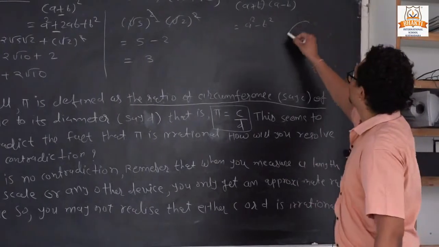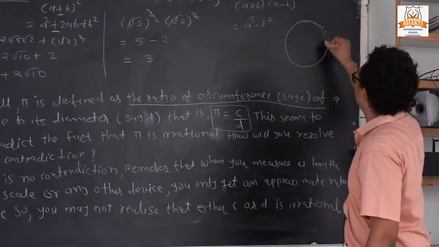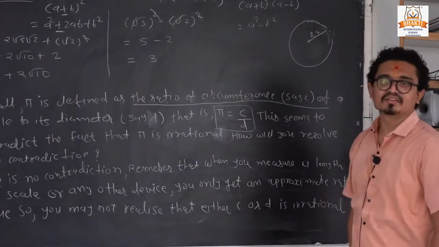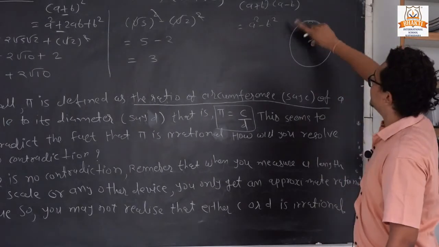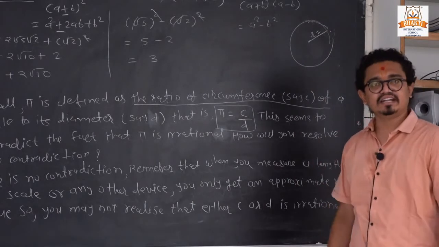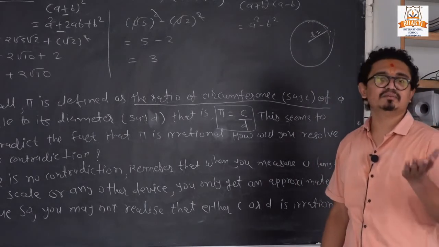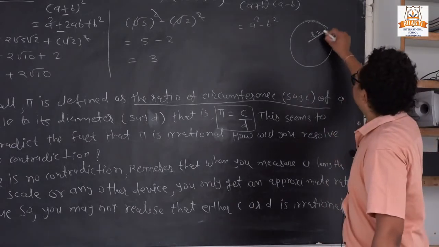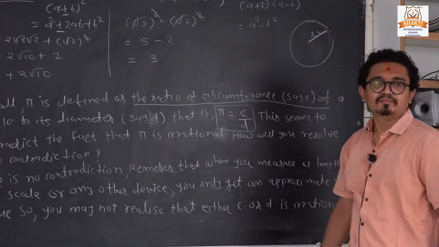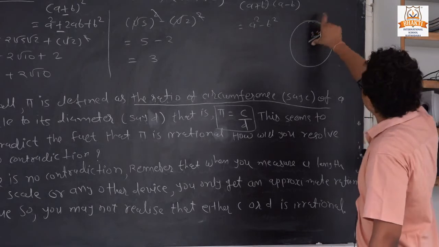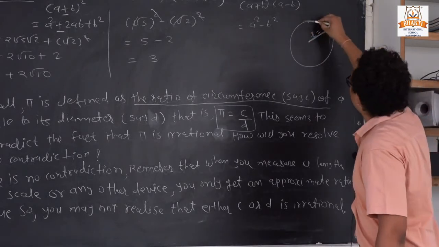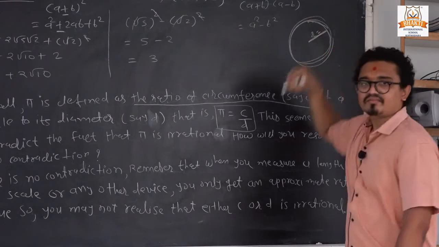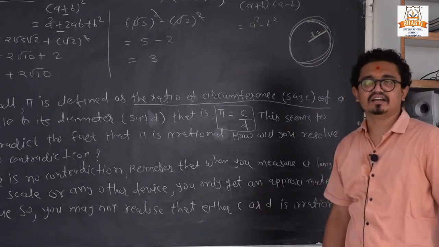If we want to draw the circle, first of all we can take its radius. If we take its radius, we can take the measurement either 2 centimeter, 3 centimeter or 4. So it will be fixed. But if we draw its circle, what is it called? It is called its circumference.